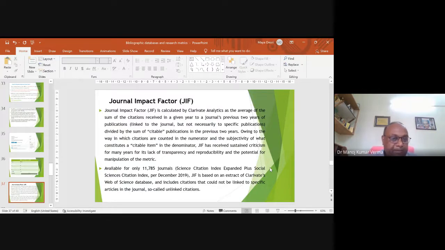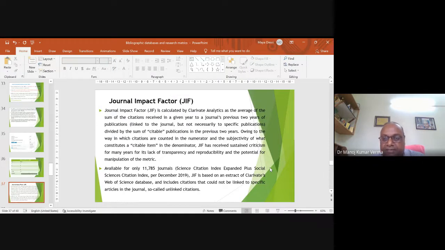Now the journal impact factor. The journal impact factor is calculated as the average of the sum of the citations received in a given year by the journal's previous 2 years of publications, linked to the journal but not necessarily to the specific publication, divided by the sum of the citable publications in the previous 2 years. Owing to the way in which citations are counted in the numerator and the subjectivity of what constitutes a citable item in the denominator,